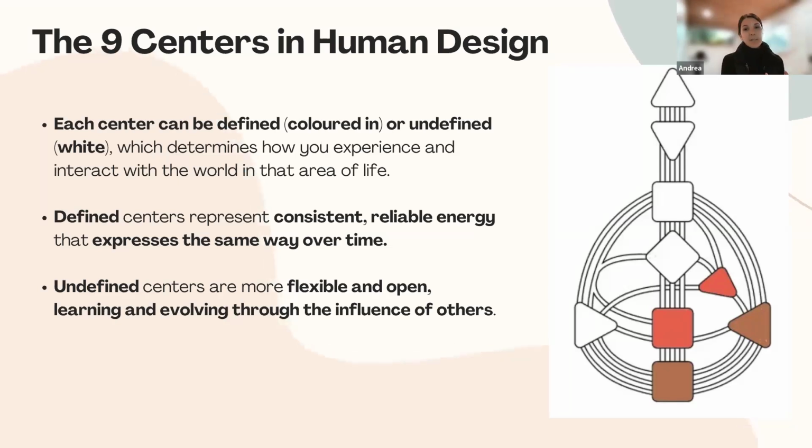So for example, if it's in the head, we don't have a defined way that we always think about things and process our thoughts. We're very open. We might process thoughts one way today and process things differently tomorrow. People that have an open head center are often referred to as being open-minded. They can see things from lots of different perspectives,